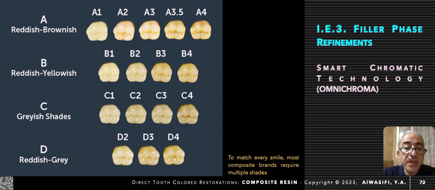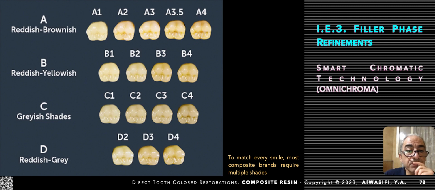These are the possibilities of shades you may face, and you may combine more than one shade. What if you get one shade that is compatible with all tooth shades,